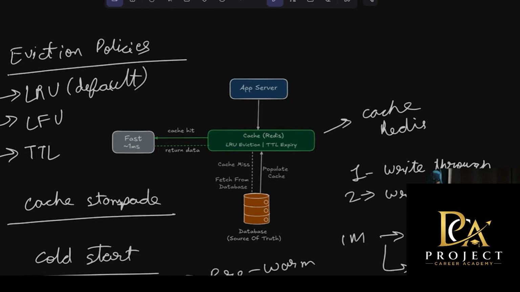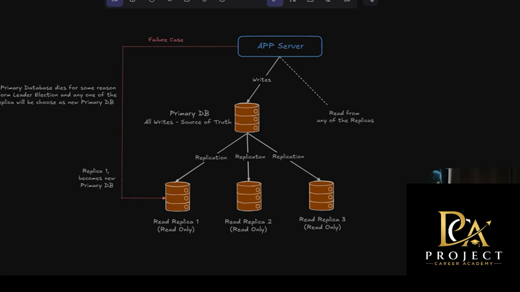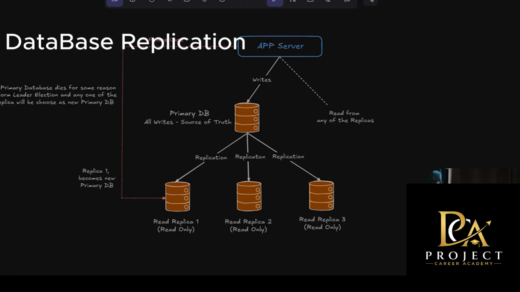Now let's talk about the next scaling concern. Caching has helped us, but eventually the application will grow further. Imagine 10 million users. At this scale, a single database will become the bottleneck sooner rather than later. So even if you cache all the reads, the database still has storage and write limits. And so eventually we will need to do database replication.